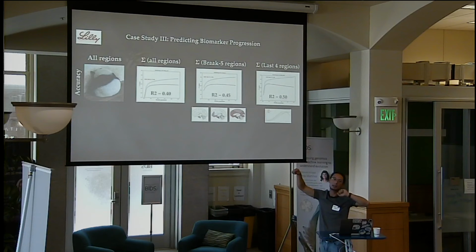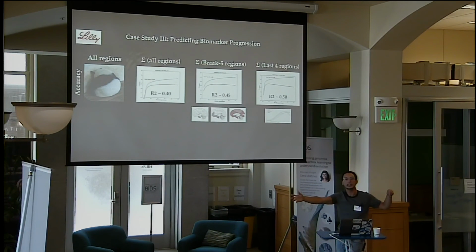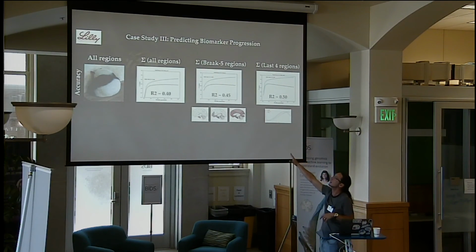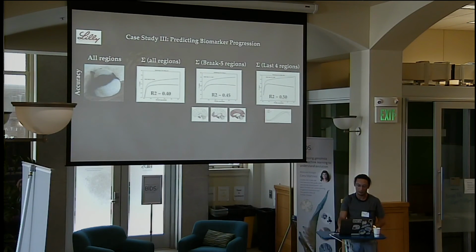Because before, as I mentioned, we had transformed a cross-sectional data set into a longitudinal data set. And from that, we could see where the protein was moving to. And then using this completely separate data set, we asked, can you predict the amount of protein that this patient is going to have in 18 months, just in these final regions that we know are the end point? And the accuracy increased even more.